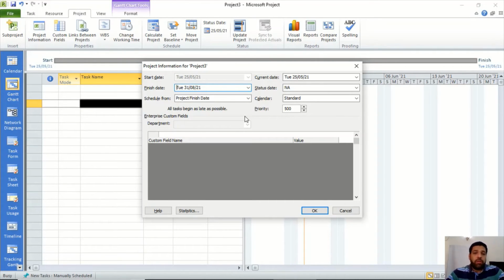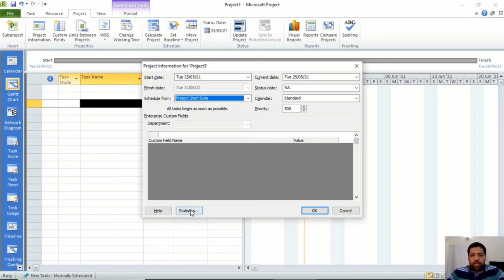But in actual, the other good approach or tip is that you keep the project from the project start date, provide a start date, and if the finish date comes beyond the expected finish date, apply scheduling compression techniques on your schedule and try to squeeze your schedule and meet the target date. That is a good approach, a good practice in project management that you can do. So as of now, we keep this schedule from the project start date.